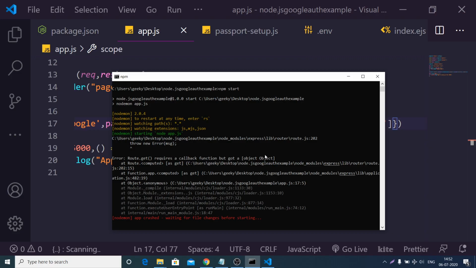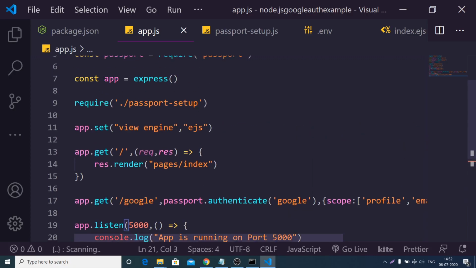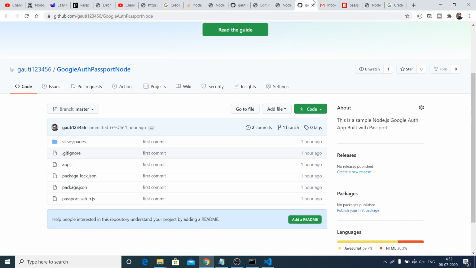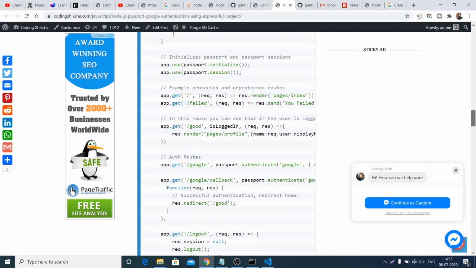So it is saying to us that inside... let me just see, guys, what is the problem here. App.get. I think it is requesting that... Let me just copy paste this code here. I think I am confused here. So go to my blog here. You will see this request which is /Google.